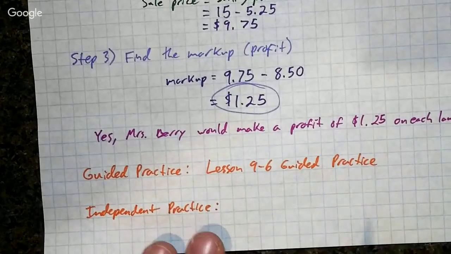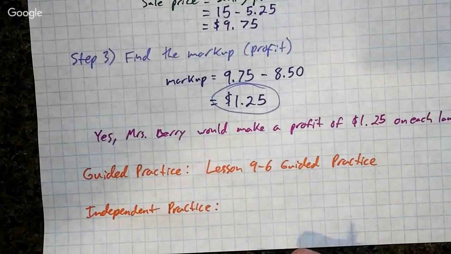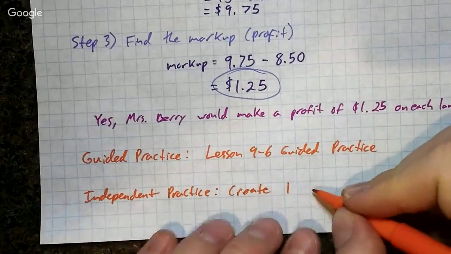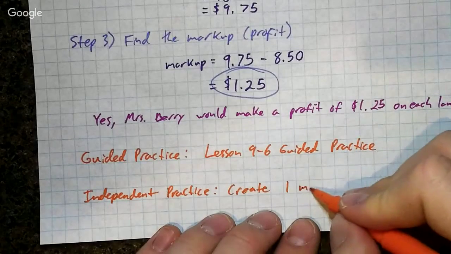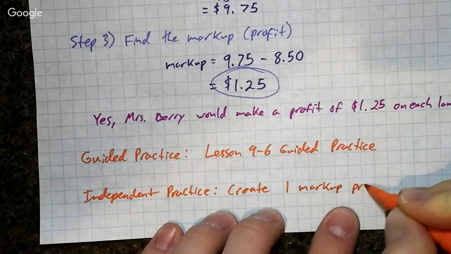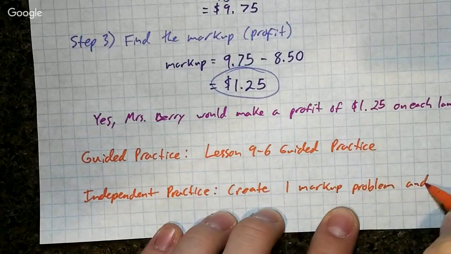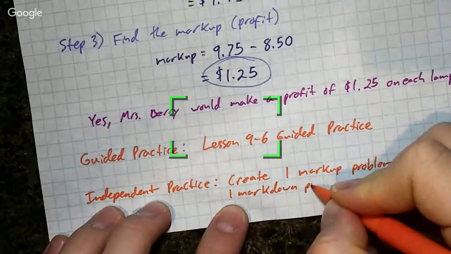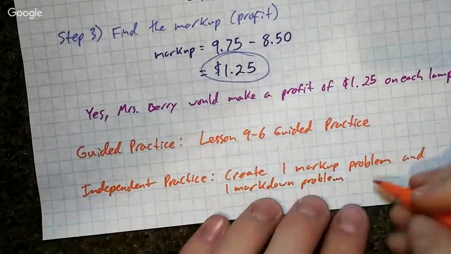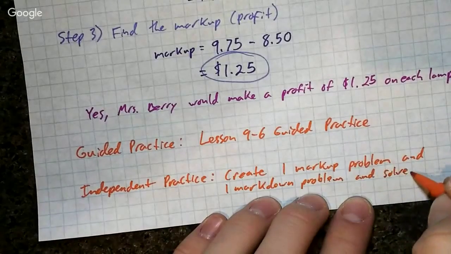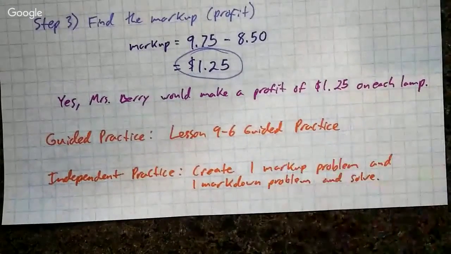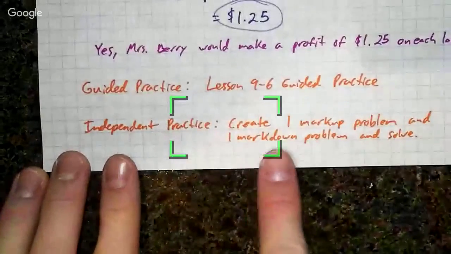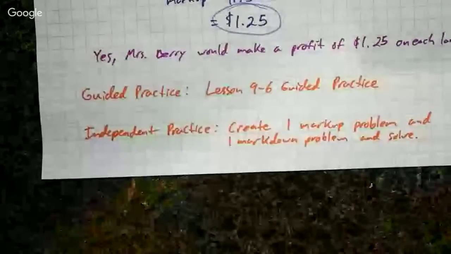I know on our packet for the week it says create 3, but let's just say create 1 markup problem and 1 markdown problem and solve. So you're going to go ahead and create your own, just like I made this one up about Mrs. Berry. You can make one up yourself, 1 markup and 1 markdown problem, and solve them on your own